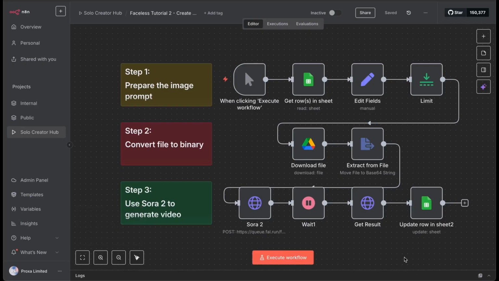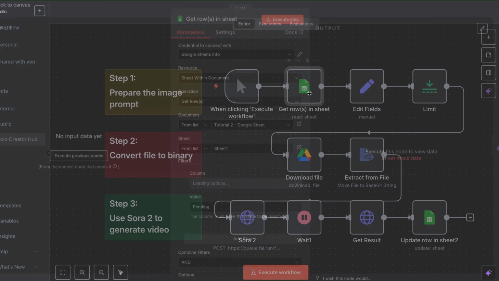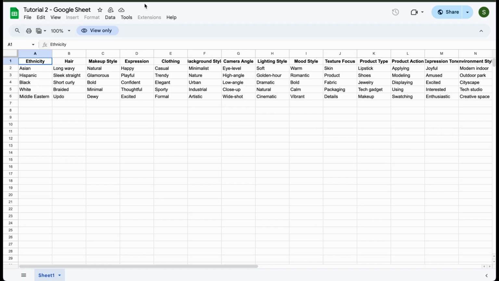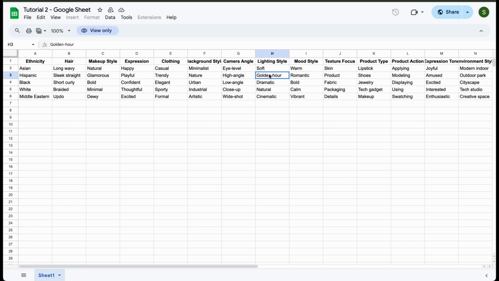Let's build a complete, fully automated Sora 2 UGC video workflow from start to finish using N8N and FAL.ai. We're starting with the foundation of the system, a Google Sheet. Each row in your sheet represents one video idea or brief. It contains all your creative parameters like ethnicity, hair, lighting, makeup style, and mood.